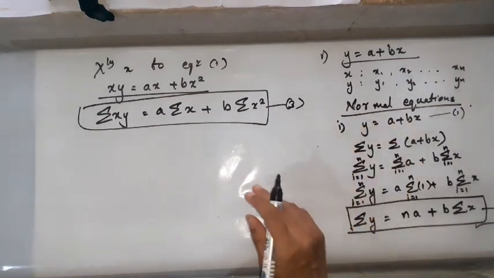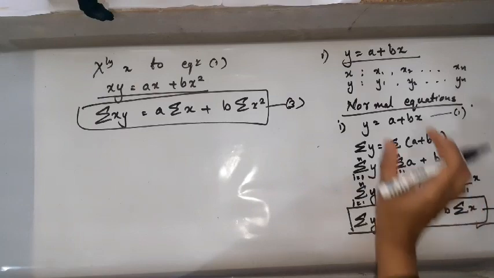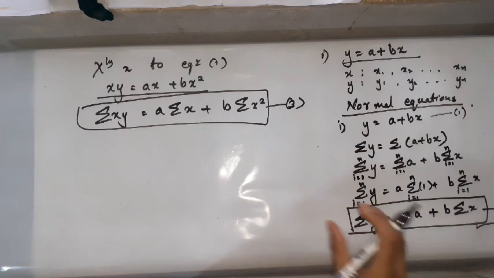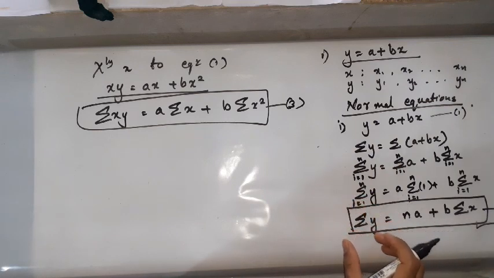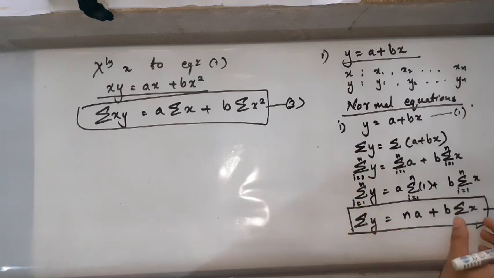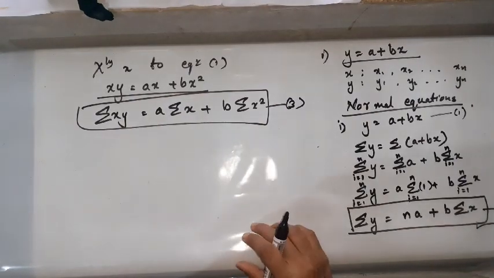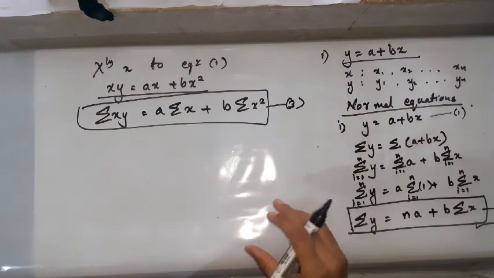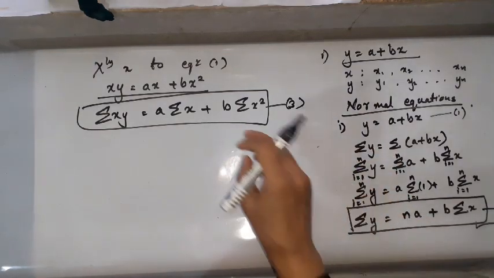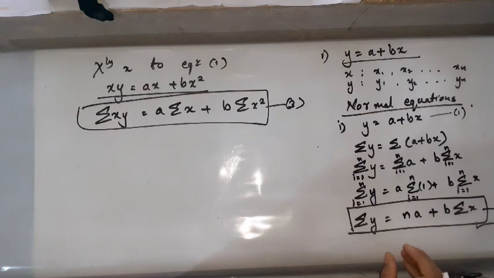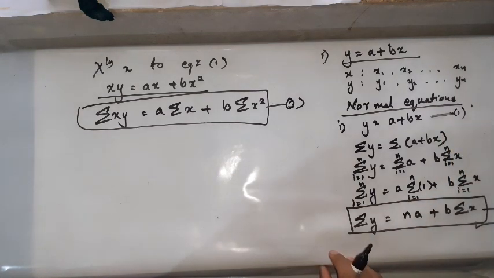For any problem given to you, you are just going to take that line equation, whatever line is given to you, write the normal equations, and work out whatever is required in the normal equations, like summation y, summation x square, summation xy, from your table. Then substitute them in these two equations and work out the constants a and b. Once you get the values for a and b, substitute them back in equation 1, and you get your line.